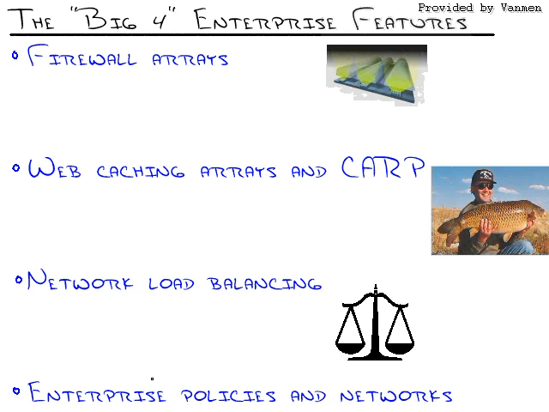The fourth and final, and I would say it's one of the biggest reasons, is the enterprise policies and networks. When you use ISAServer Enterprise Edition, you will have enterprise policies and array policies. And this allows a very large organization to pass worldwide policies, I guess you could say, for their organization. Meaning, no matter what, nobody is able to use, we'll say, peer-to-peer file sharing applications. So they create these policies that are enterprise policy that apply to all firewalls everywhere in